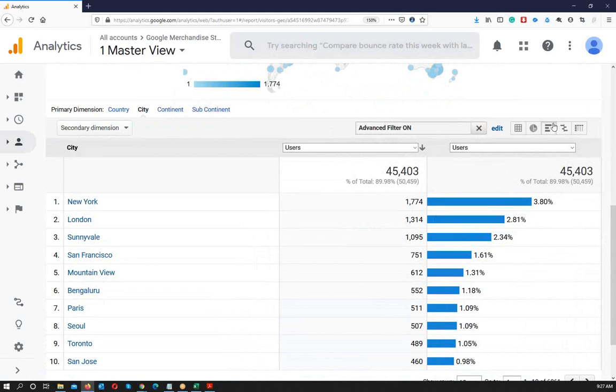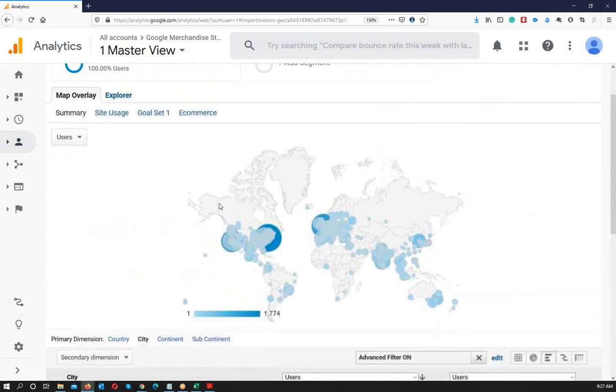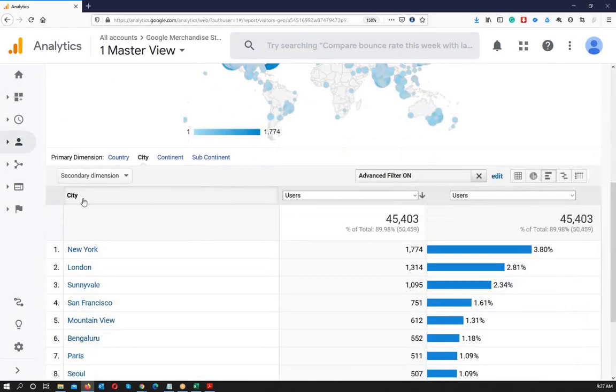Performance report. If at any time you think, okay, I have forgotten anything or I don't understand what it is, move your mouse cursor, and Google Analytics will tell you what it is. In many cases you will see a question mark. I don't see the question mark here, but let's say after city you will see a question mark. If you just click on it, it will show you the meaning of that word, what that particular report is about. Okay,